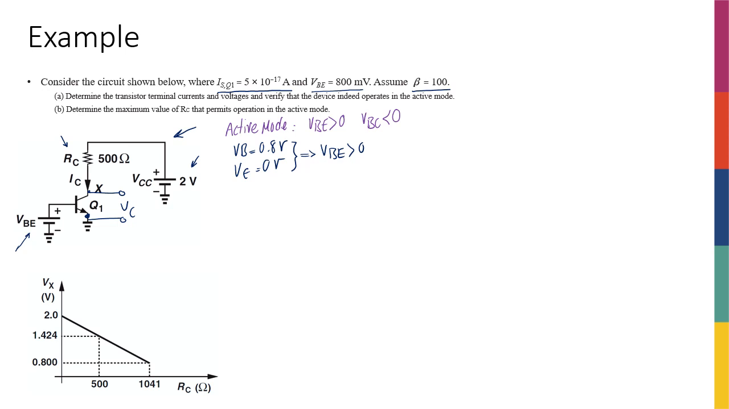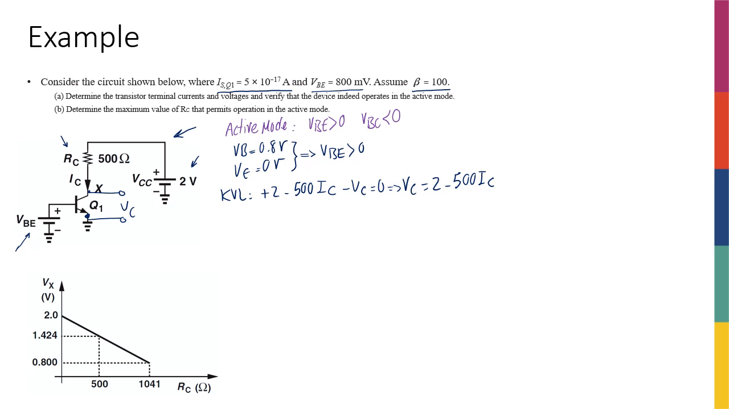Well, I'm going to use KVL. KVL tells me that plus 2 volts minus 500 times the current of the RC, which is the current flowing through the collector, I'm just going to call that IC, and then minus VC is going to be 0. Or in other words, VC is equal to 2 minus 500 IC. Great. Now all I need to know is what is IC, and here is where I actually use the